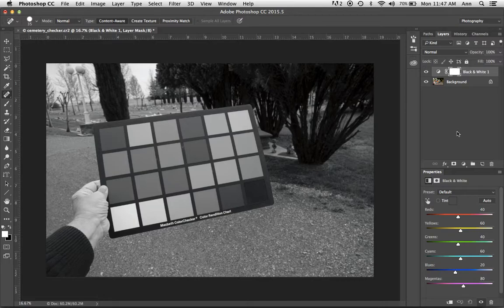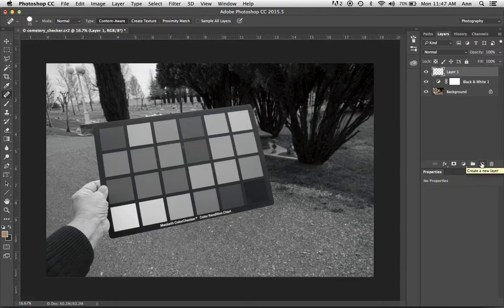What we just did is global in this situation because I haven't masked it out of anything. If I want to make very specific changes like cloning out areas, you want to do that on an empty layer, and I'm going to drag that below the adjustment layer so that any changes I make would be under that same change.